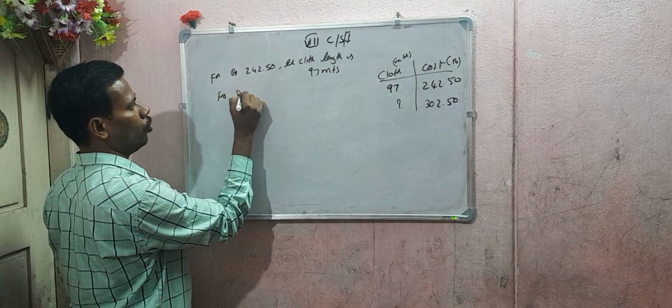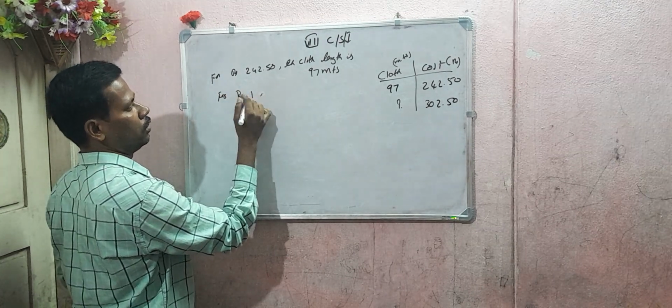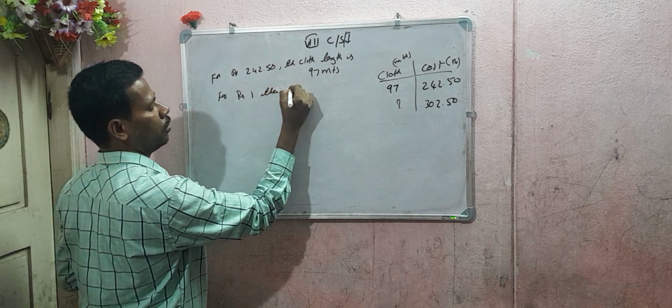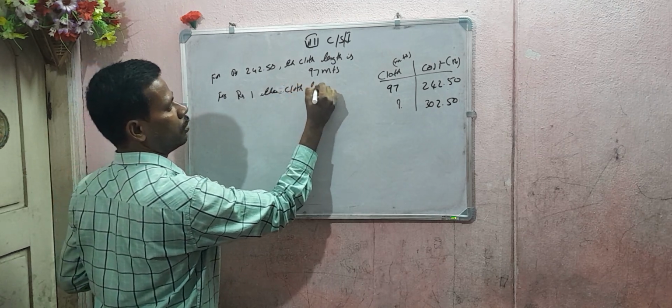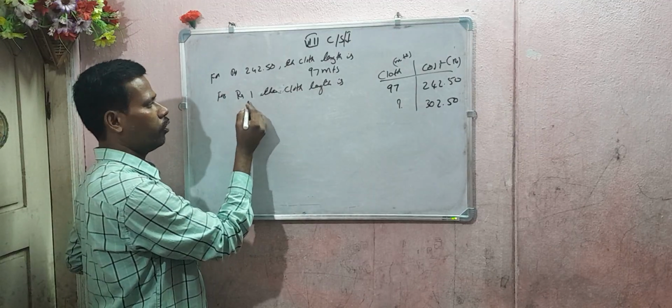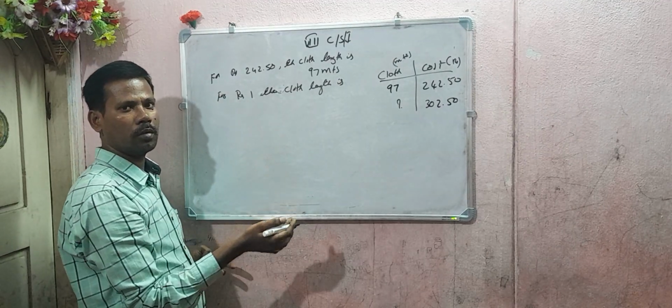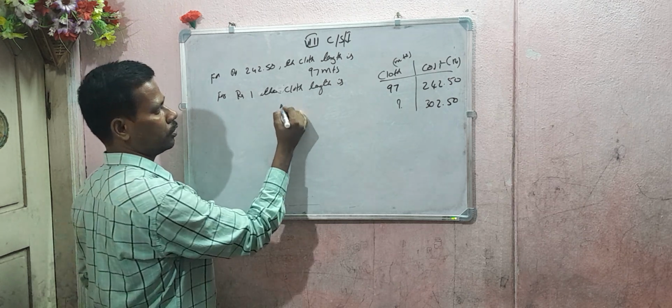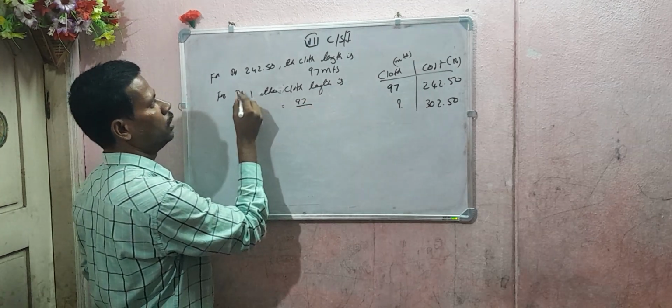For rupees 1, the cloth length is... for only 1 rupee. You have only 1 rupee. Will you purchase more length or less length? Simply less. So 97 by